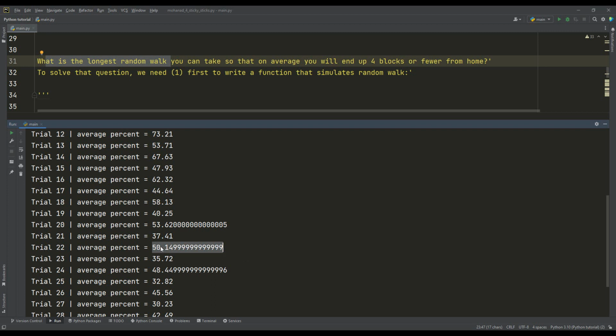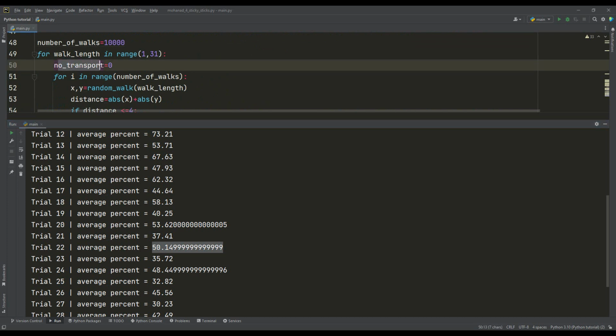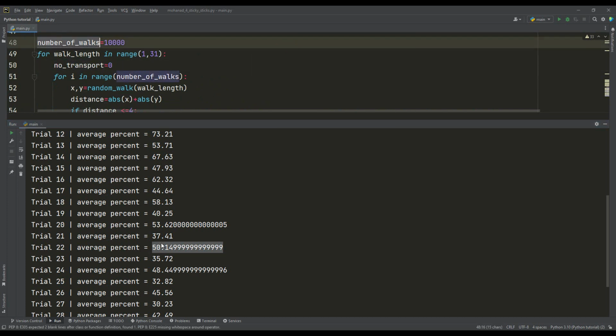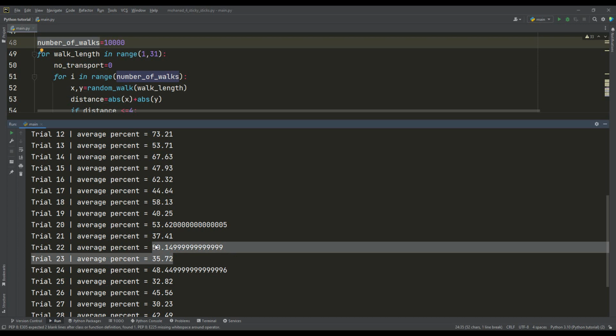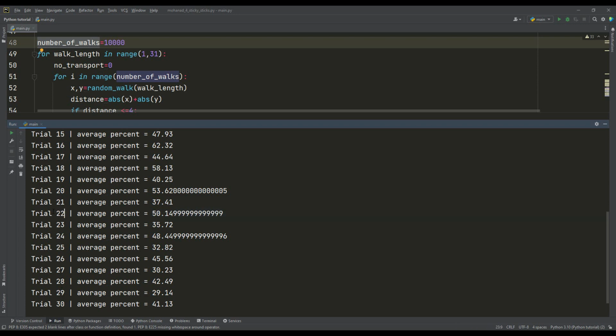This is the average, in percentage, from dividing the no transport variable we defined here by the number of walks. So you cannot find 50% or more if you go, for example, to trial 30, 28, 27. So 22 is the trial that contains 50% and more